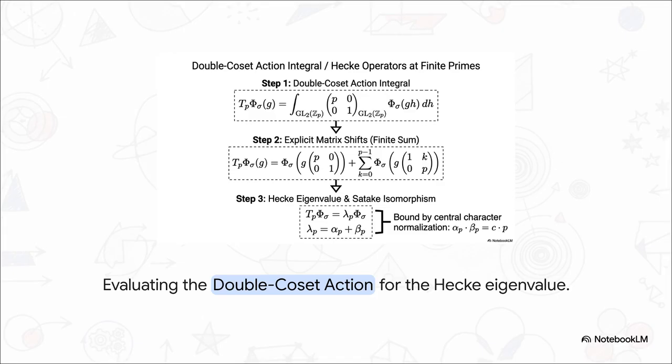To compute our Hecke eigenvalues, we evaluate a double coset action integral. As you can clearly see in step 2, this expands beautifully into a finite sum of explicit matrix shifts. And evaluating that sum gives us step 3, the Hecke eigenvalue. Through the Satake isomorphism, this eigenvalue lambda p is just the sum of our local complex parameters, alpha p plus beta p. And remember, because our Jacobian is that constant c, their product is strictly bound by the central character